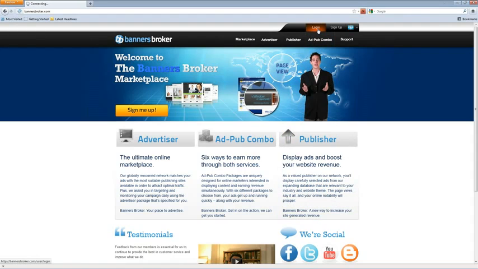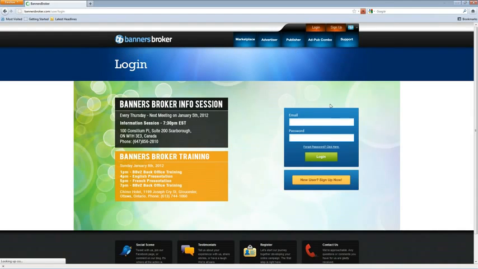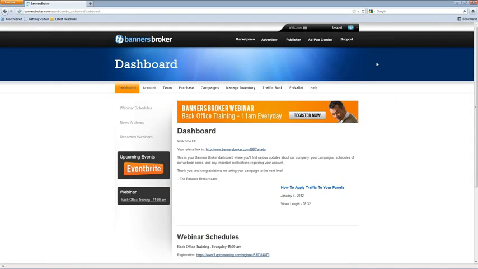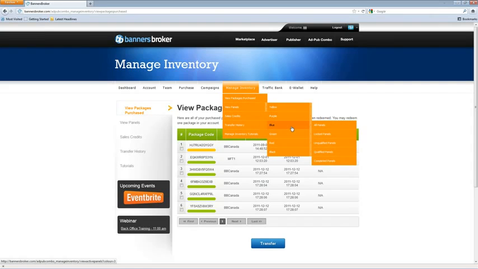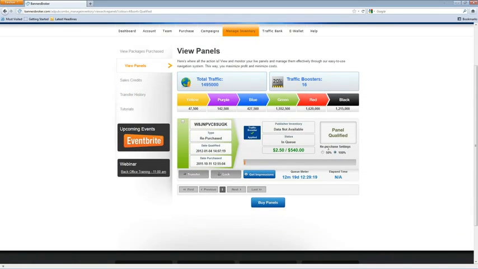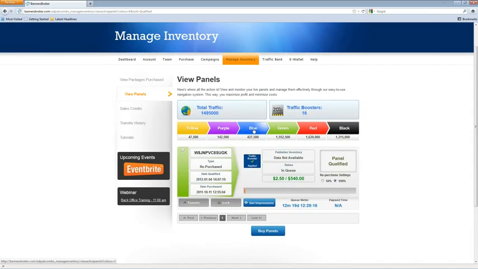So we log into Banner's Broker. All right, and I'm just going to go to a specific panel. Let's go to a blue panel. Let's pick green. All right, so here's a green panel. I've already applied a traffic booster to it.